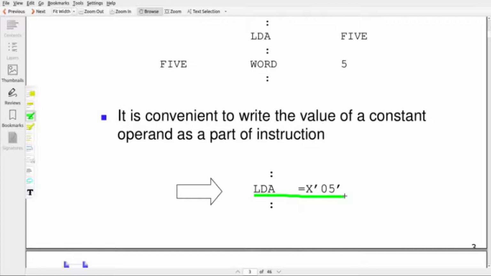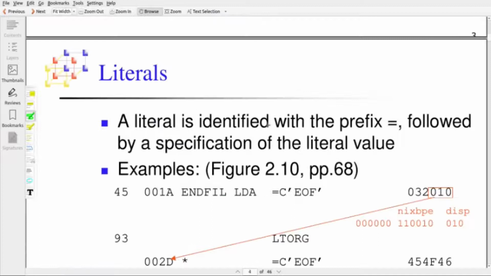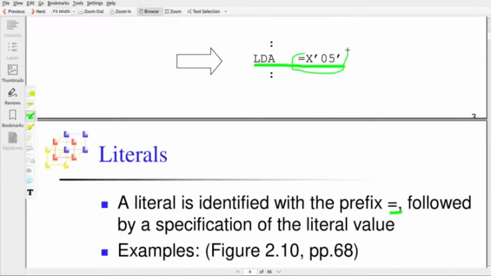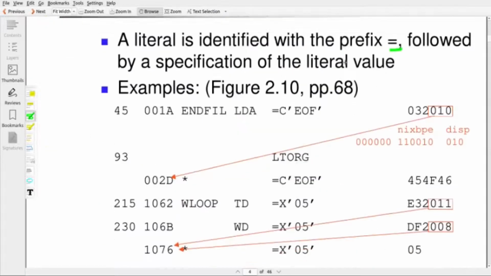It is just like a constant operand, but its value is defined in some other memory location. A literal is identified with the prefix equal sign followed by a specification of the literal value.